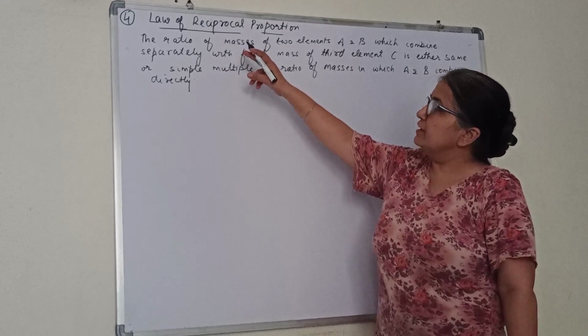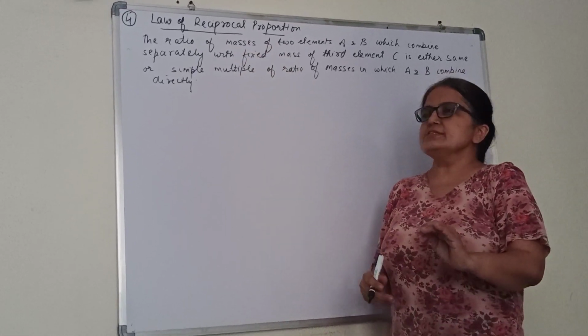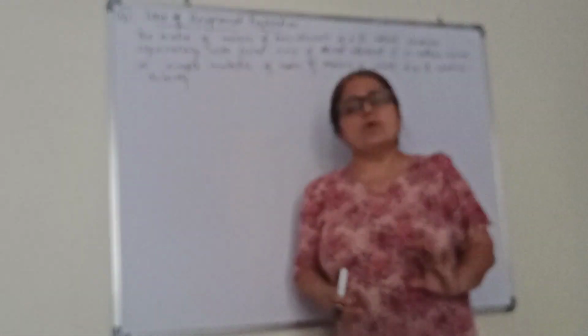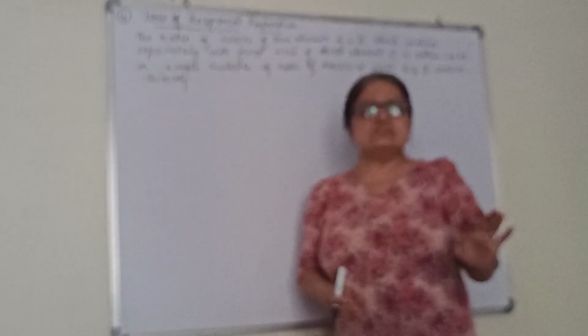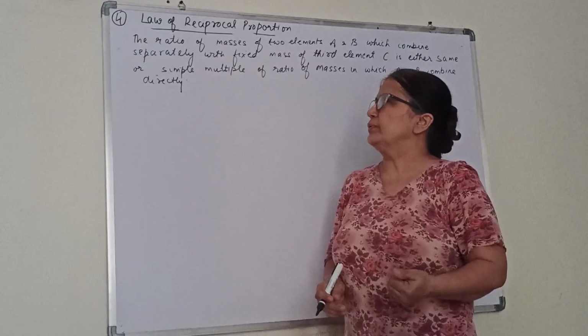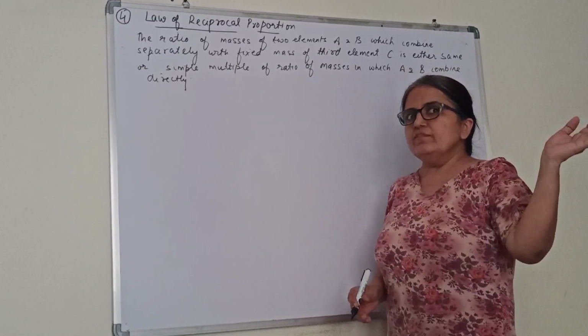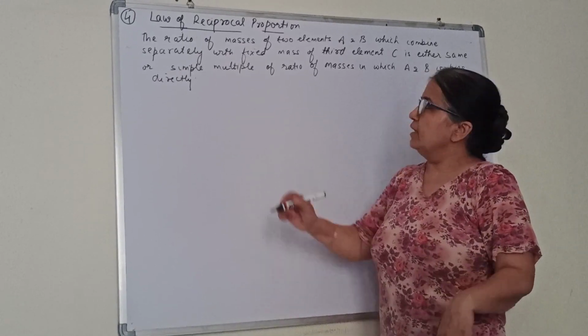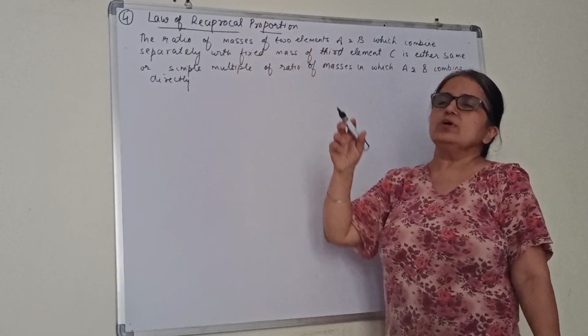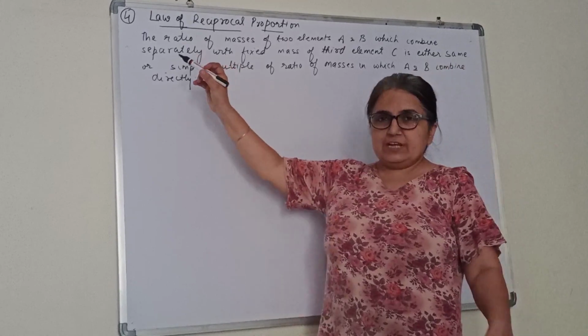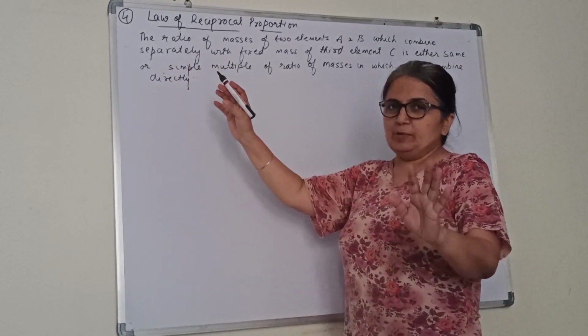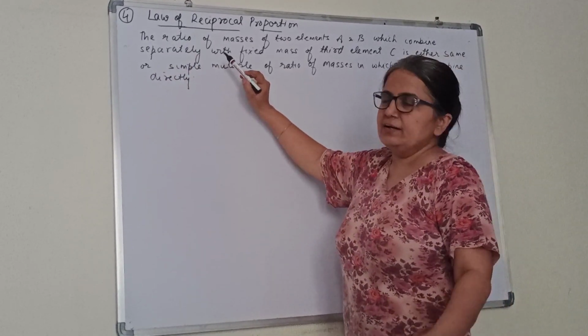Now we are taking the next law. Actually, this is extra, only required for competitive exams, but in school exams this is not that essential. So in all we will be doing 6 laws then. Okay, law of reciprocal proportion. Now first I will read this statement. Of course I will be explaining with an example for better understanding.